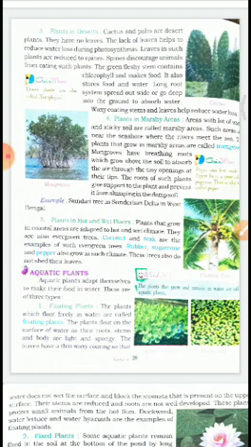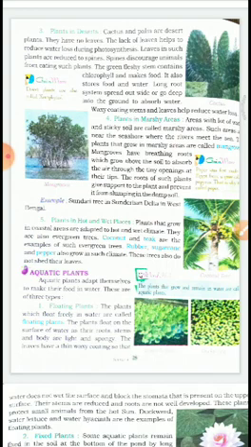Right, now plants in marshy areas with a lot of water and sticky soils. Such areas are near the seashore where the rivers meet the sea. The plants that grow in marshy areas are called mangroves. The mangroves have breathing roots which grow above the soil to absorb air through the tiny openings at their tips. The roots of such plants give support to the plant and prevent it from slumping in the damp soil. Right? For example, the Sundari tree in the Sundarban Delta in West Bengal, as you can see in the above picture.